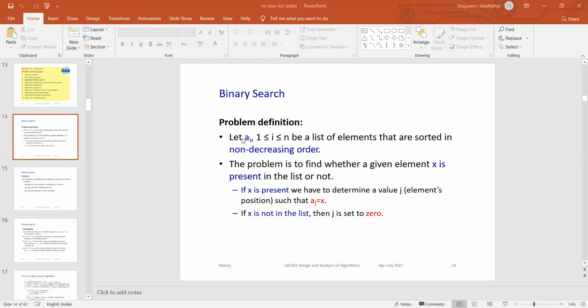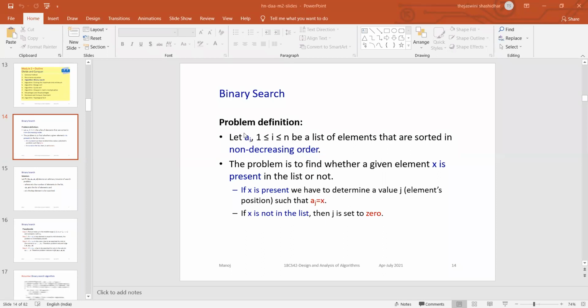A of i, where i ranges from the first element up to the last element, is the list of elements sorted in non-decreasing order. What is the meaning of non-decreasing order? It will be an increasing order only.